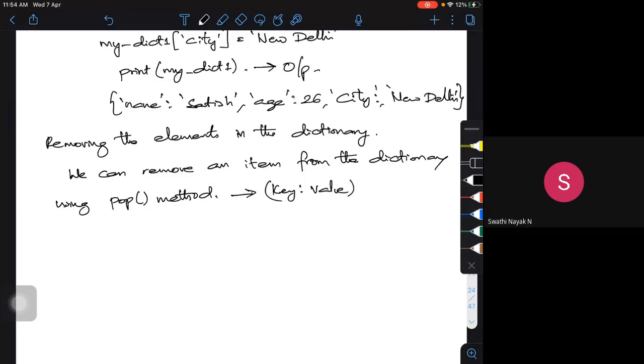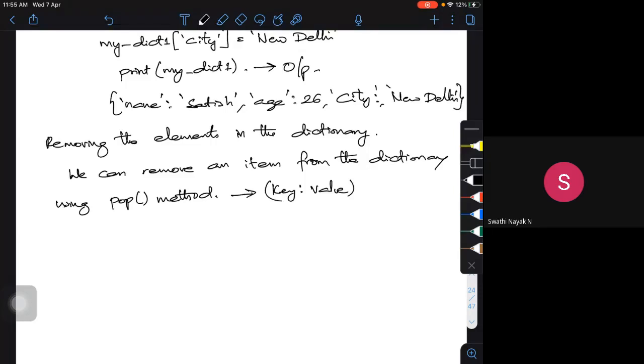If I want to remove and return an arbitrary key-value pair from the dictionary, there is one more method called popitem. The popitem method removes an arbitrary item and returns the key-value pair.